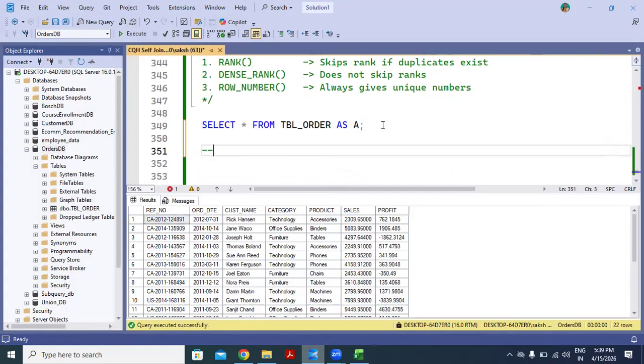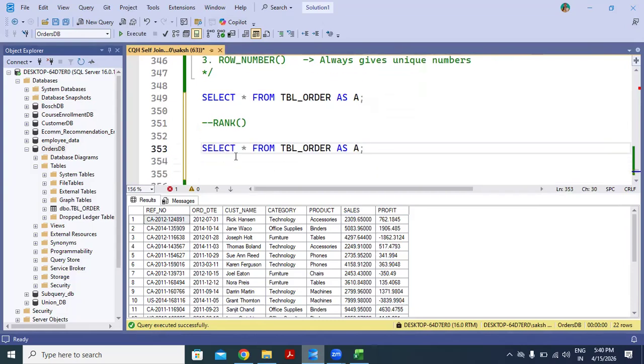Now let's start with the first ranking function, that is rank. And in the previous video, I have already told you that every window function is written with the help of the OVER clause. So suppose we want to rank this data on the basis of sales. Then first we must arrange the data in the descending order of sales and then assign ranks to it. So let's write it as, just copy this.